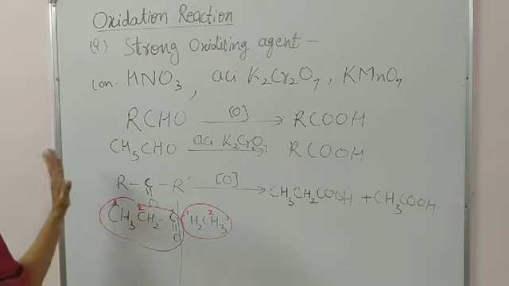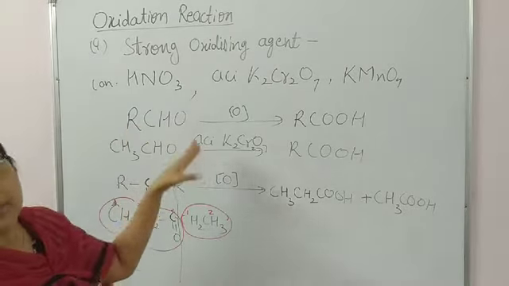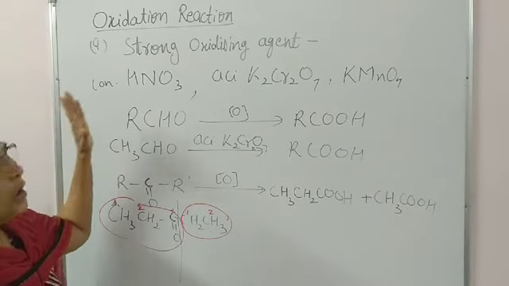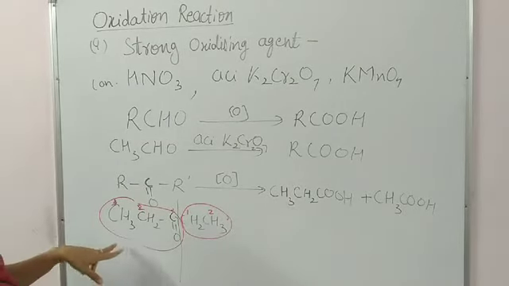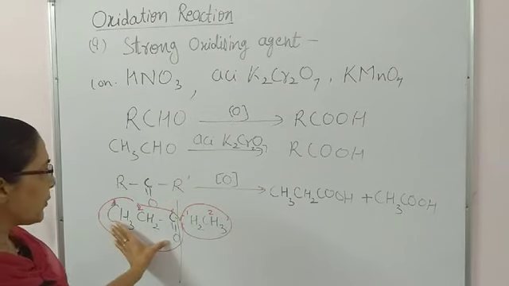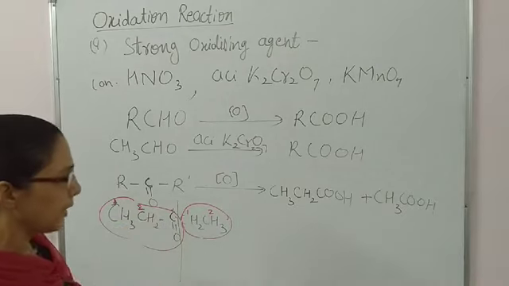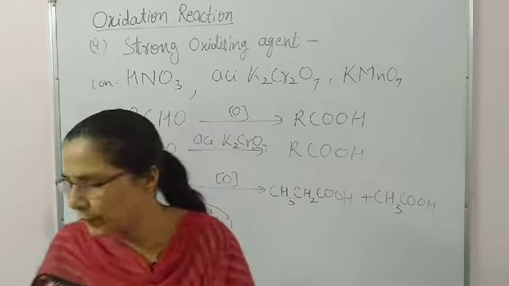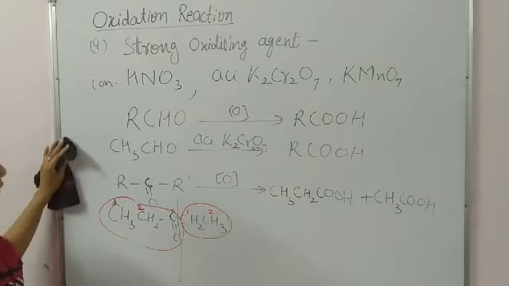Point to be noted for you: in oxidation there is no increase in carbon. This is the popular mistake of the students, that they include one more carbon during the oxidation of alcohol or during the oxidation of aldehyde or ketone. For a symmetrical ketone like this, there is no tension. Whichever side the CO goes, you get the same products: 3 plus 2 carbon products. The problem will arise when we have an asymmetrical ketone. So let us see what will happen with asymmetrical ketone.